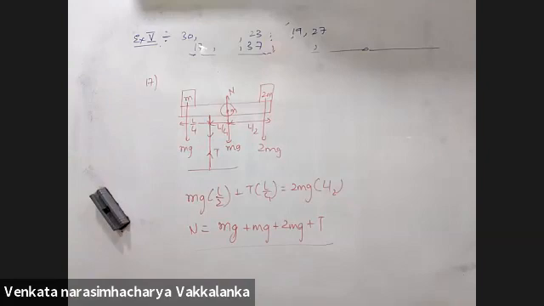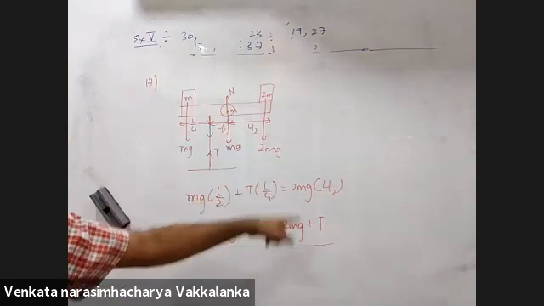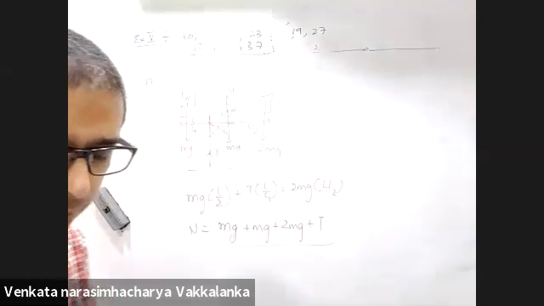Sir, for part D, we'll have to use conservation of energy, right? Yes. Oh, there is a part D. If the cord is cut, what is the angular acceleration? That is quite easy. When the cord is cut, just remove T from this. Clockwise torque minus anti-clockwise torque is I into alpha. Yes, sir, I got that last part.